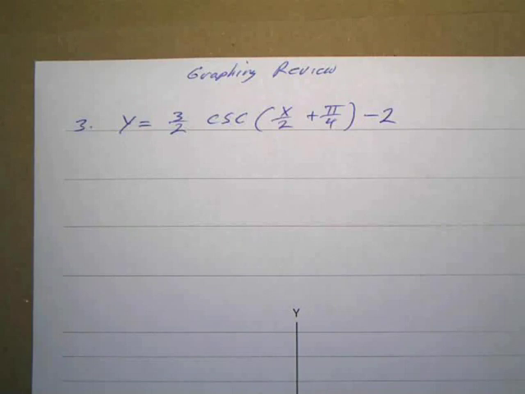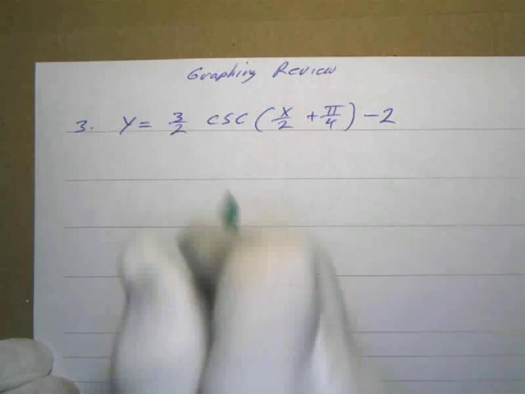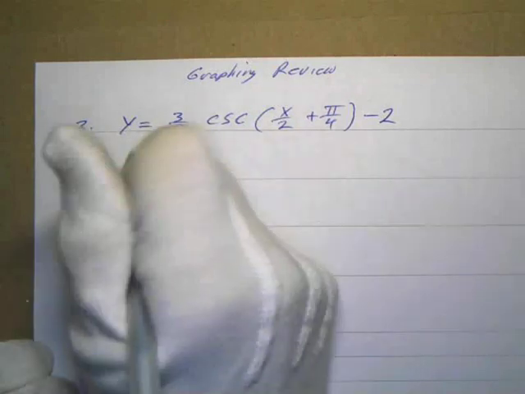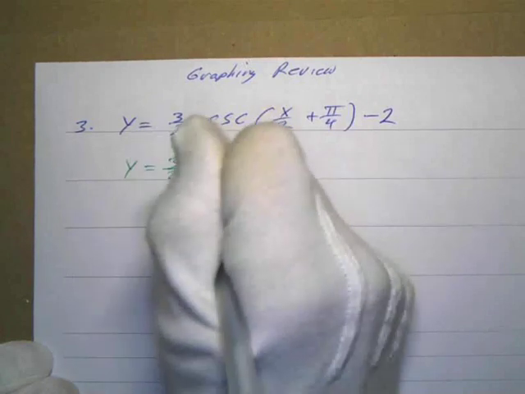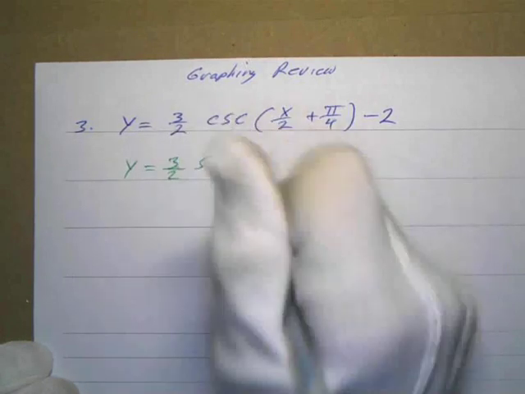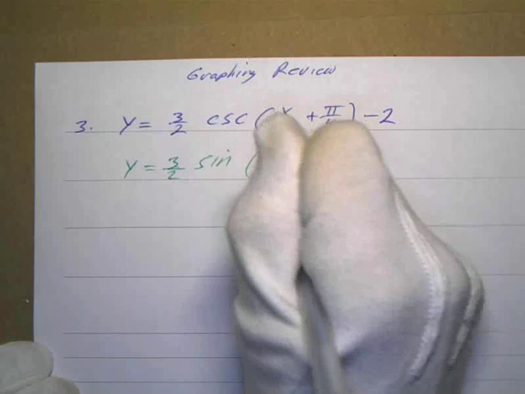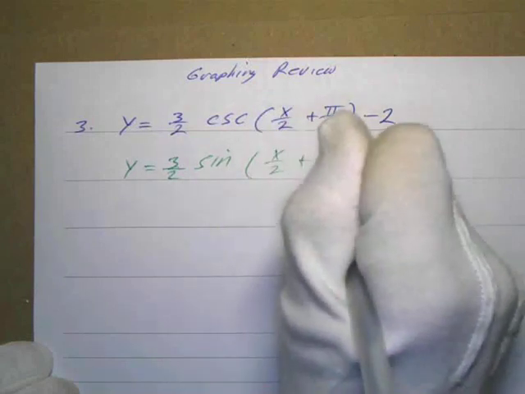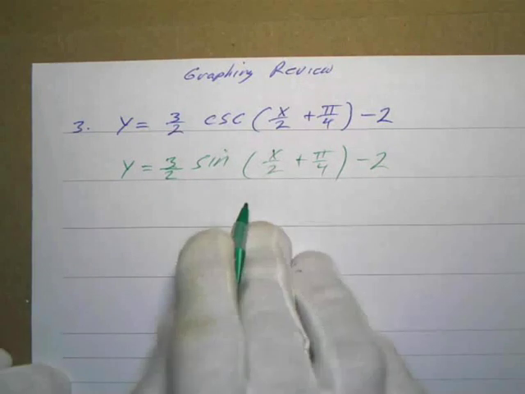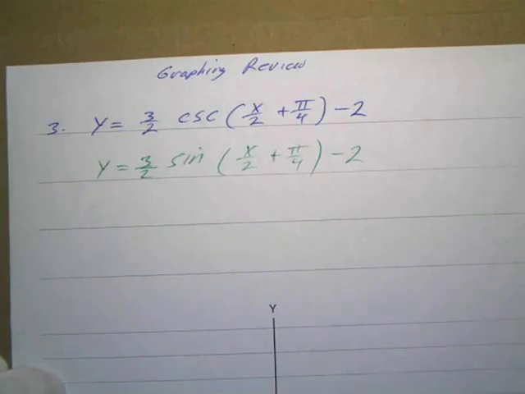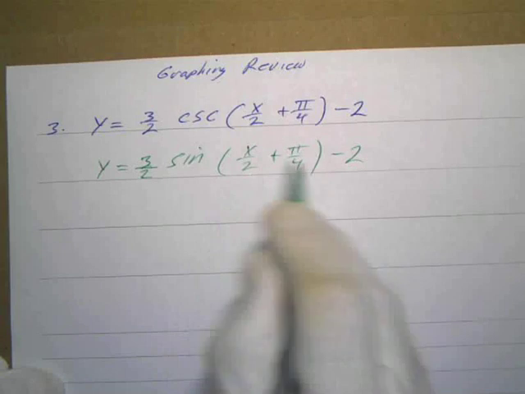Okay, so this is another graphing review problem, and this is going to be cosecant. So we're not going to really graph the cosecant. First, we'll graph the reciprocal function, and that's going to be the sine. I'll graph this, and I'll use this to get the cosecant, to get my asymptotes and all that good stuff. Okay, so I have to